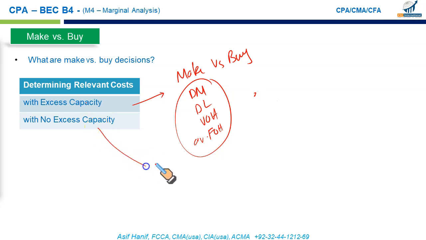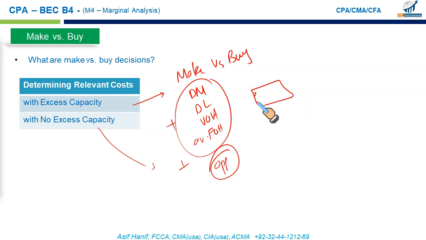And when there is no excess capacity, in that case, in addition to these above, you will also consider the opportunity cost associated with this decision, similar to what we discussed in the previous example of Cater, when you have to fulfill a customer order which requires you to give up some of your production. The loss contribution must be added to the cost, right? This is the same idea. You will consider the avoidable cost plus the opportunity cost associated with this decision, and you will compare it with the cost of buying, and then you'll go for it.